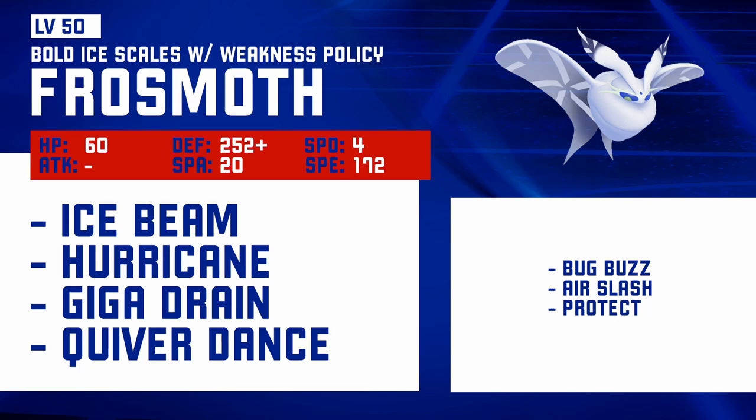I guess we're going to find out if it's good in the coming week, but Ice Scales is such a cool ability. It makes it bulkier than Goodra, which is absolutely insane. Everyone knows how specially bulky Goodra is, and Frosmoth with Ice Scales is more bulky than that on the special side. But it's really not physically bulky, which does kind of let it down, and its speed is a